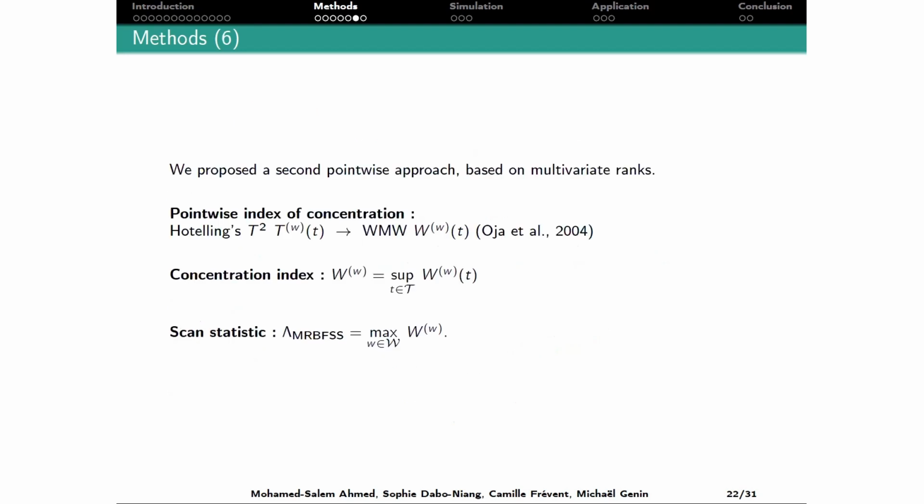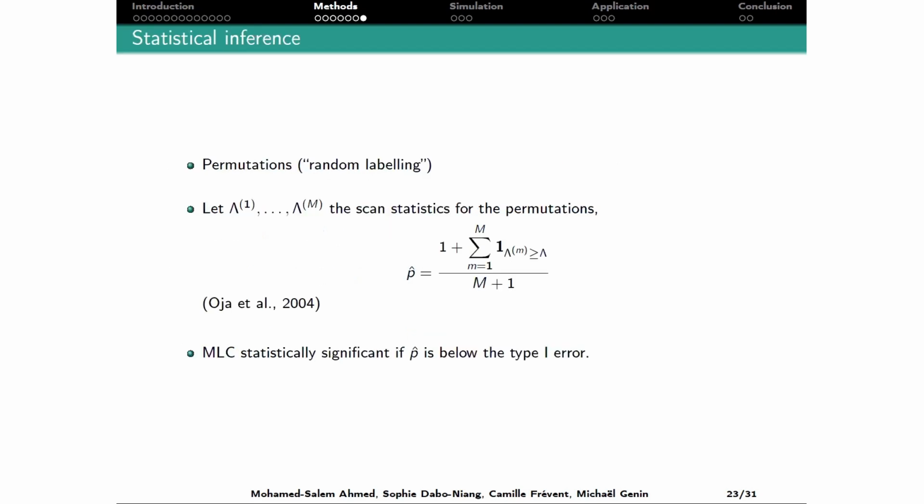And the last test is based on the Wilcoxon-Mann-Whitney, based on multivariate rank. Without entering into detail, we propose three main tests: one based on functional ANOVA, the other on the Hotelling test, and the last one based on Wilcoxon-Mann-Whitney. And for the inference part, like I said, we use Monte Carlo